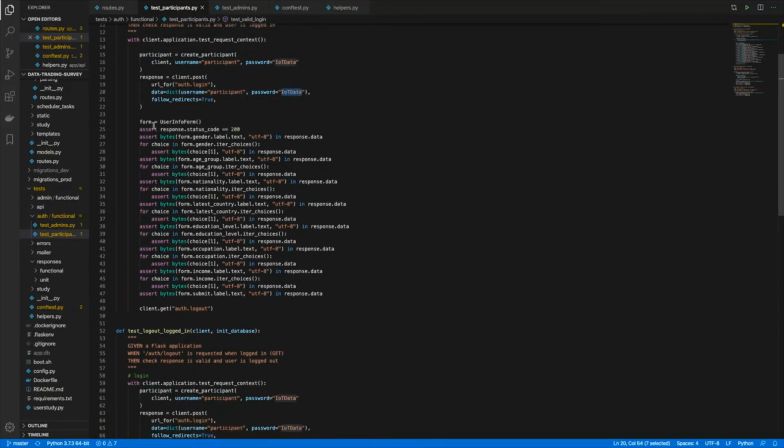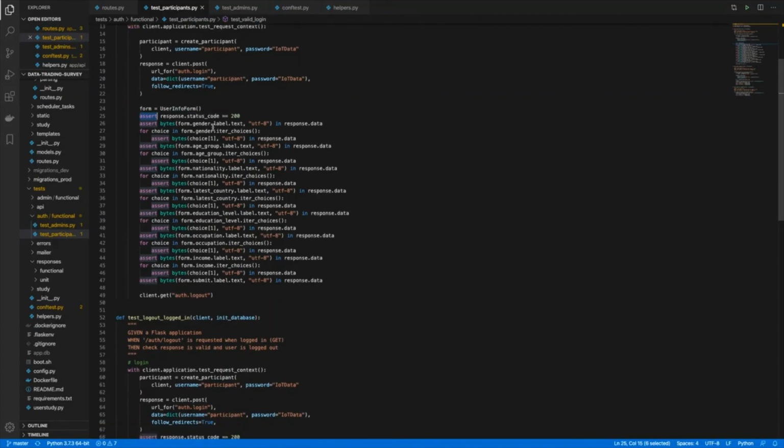And these assert functions check that the response retrieved from this post is basically correct. So whether the functionality in the application meets what we expect.